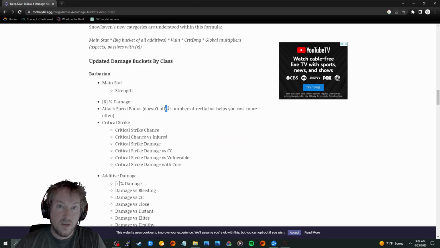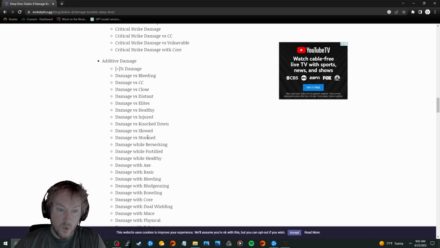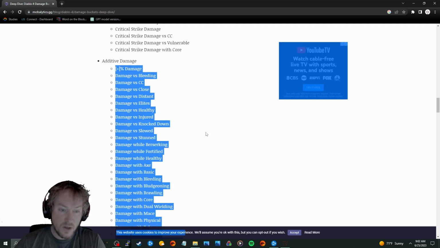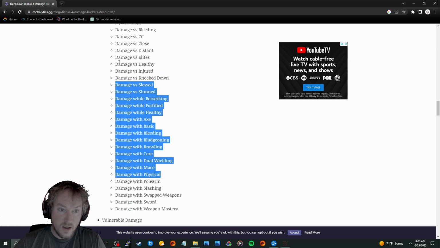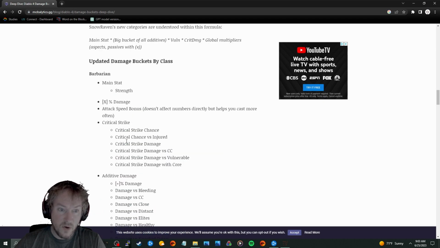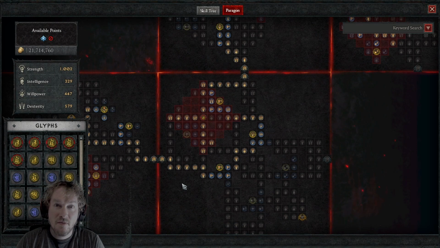your strength. Everything else is way more conditional as well, and all of these are bunched in together. So it's better to be able to get all these when you can, but focus mainly on these, pumping these up. With that said, the best glyphs for the barbarian fall into the ones that are multiplicative